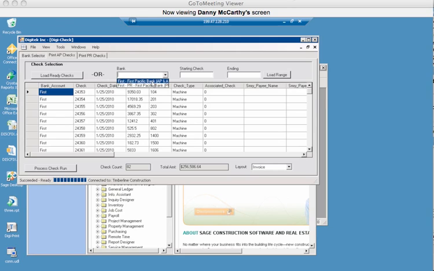So I can just go ahead and type in or pull down the respective bank account, load whatever check range that I want to reprint. And as soon as I hit the load range here, it gives me all of the checks that have already been cut in the system. And if I just want to print